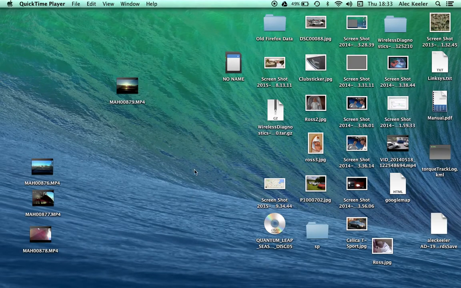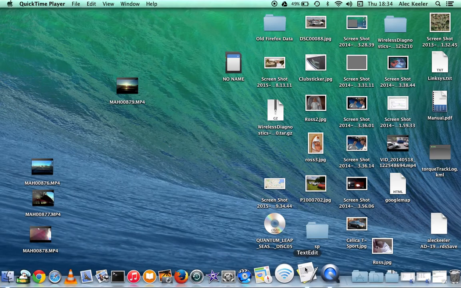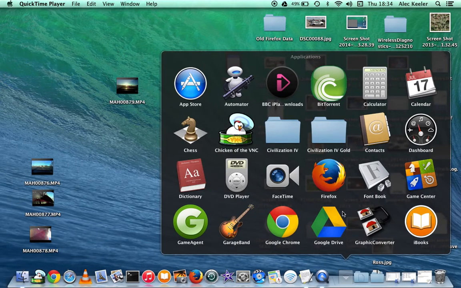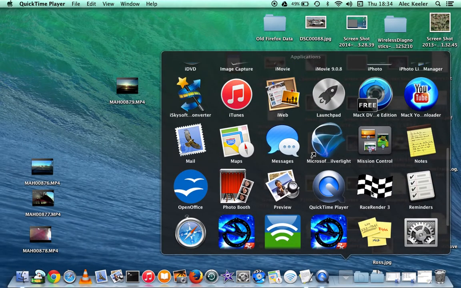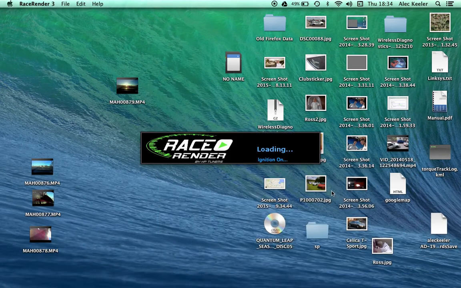Okay, so we've downloaded our CSV file that we've got from the Talk app, and we've downloaded our video from YouTube as a 720p video, and we put them in the same folder so we know where they are. The next thing we want to do is actually start up the Race Render app, which on the Mac is in the Applications folder. Boot it up,